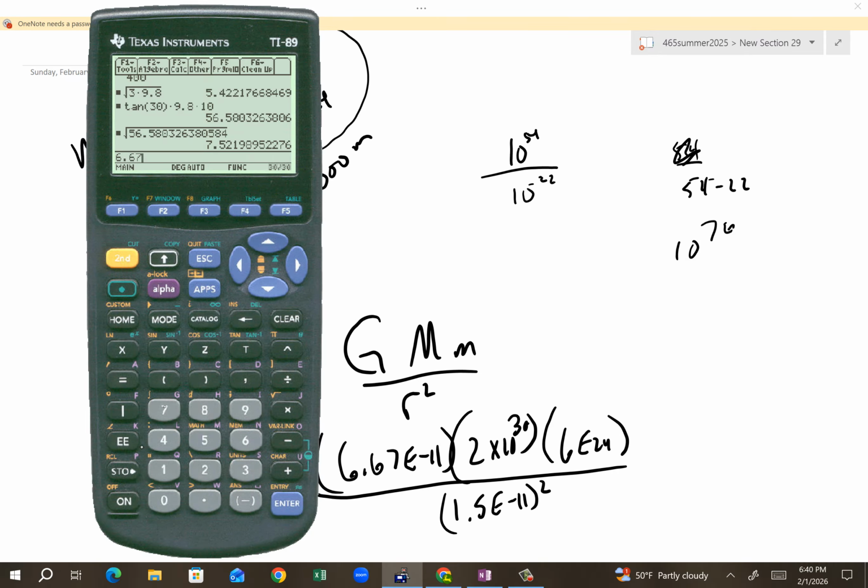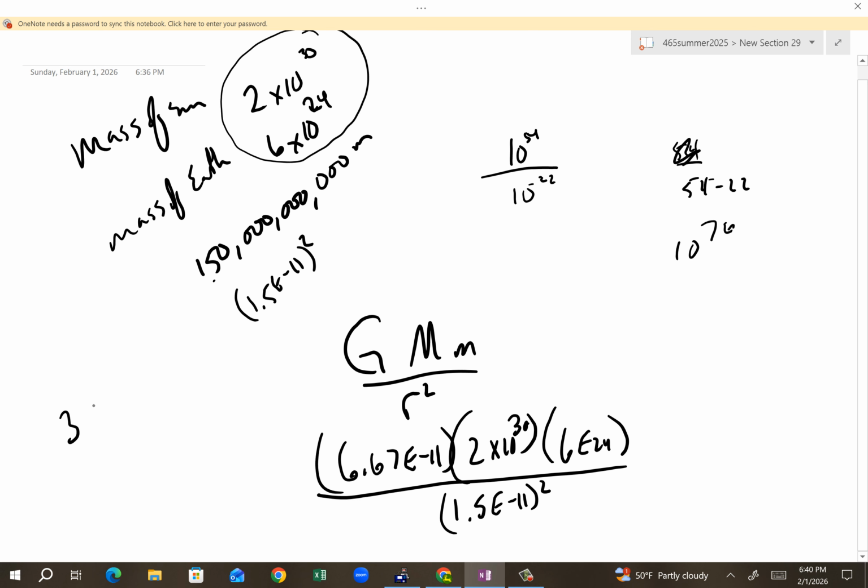So 6.67 e minus 11 times 2 e30 times 6 e24 divided by... 3.55 E6 newtons. 3.55